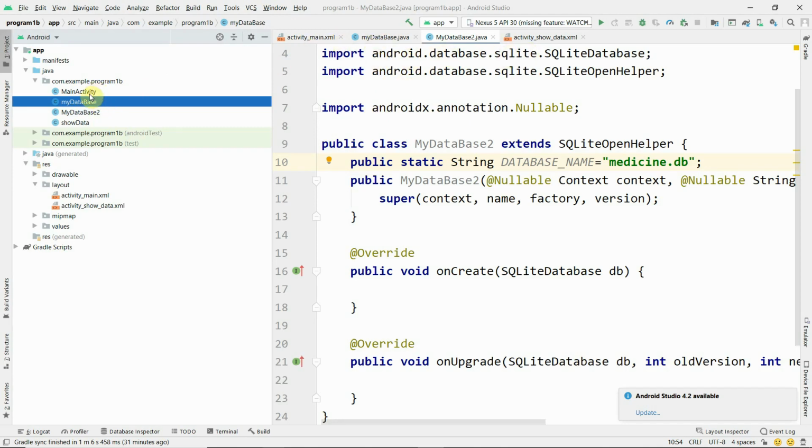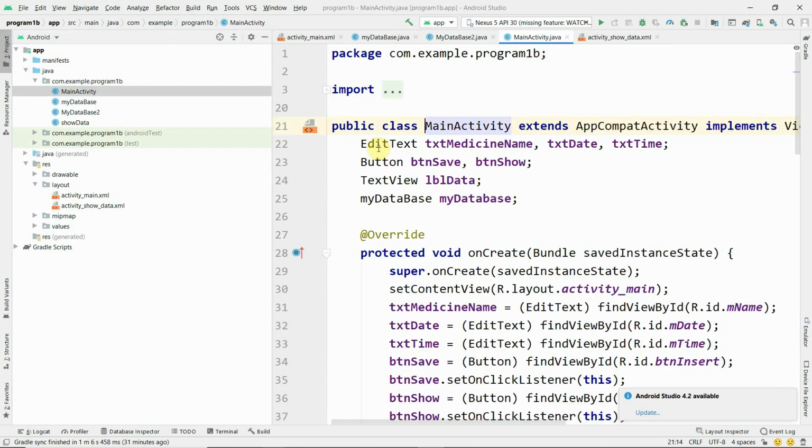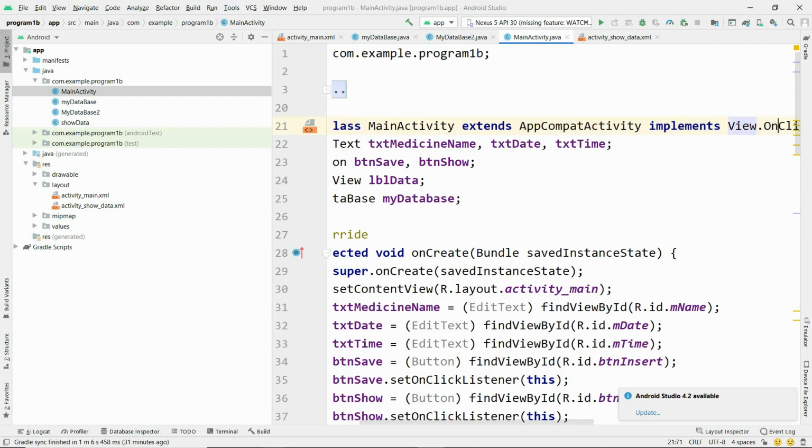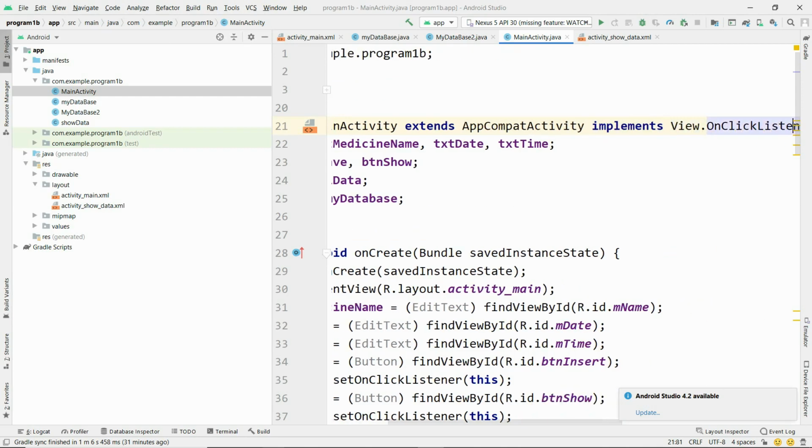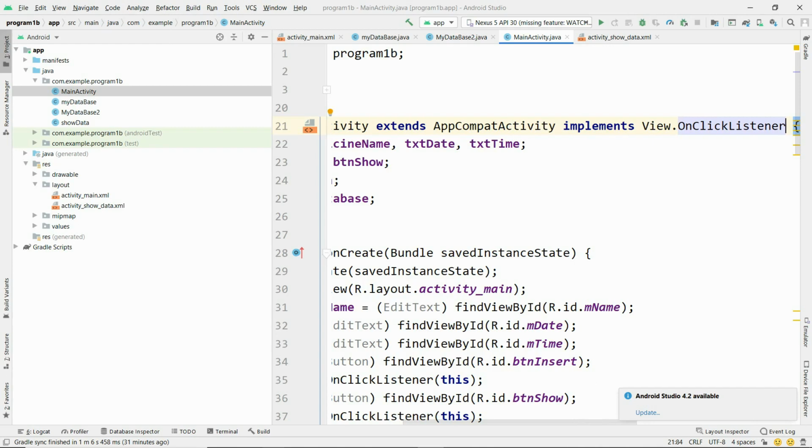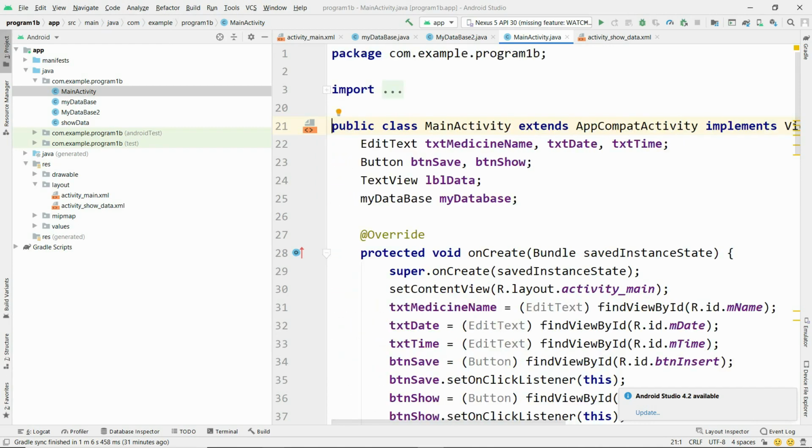Okay, main activity. What needs to be done? See, in main activity, the main program extends app compatibility, but you have to type implements. Okay, implements view dot on click listener. Now you have to create some objects.